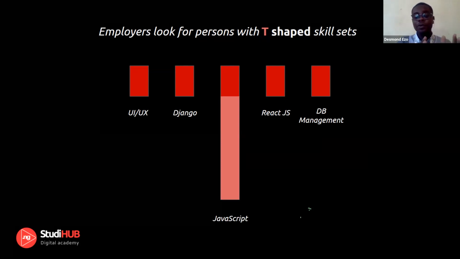These kinds of persons are real team players, because they're not the kind of person that will tell you, oh, I have a problem. This is my limitation. I don't go beyond this. I cannot handle this project because this is not my area. Employers are always seeking persons who have T-shaped skill sets. So the advice we always give is to develop yourself to have a T-shaped skill set. If you're focusing on one thing, focus on it to the point where you get so good at it, but do not neglect other skills.